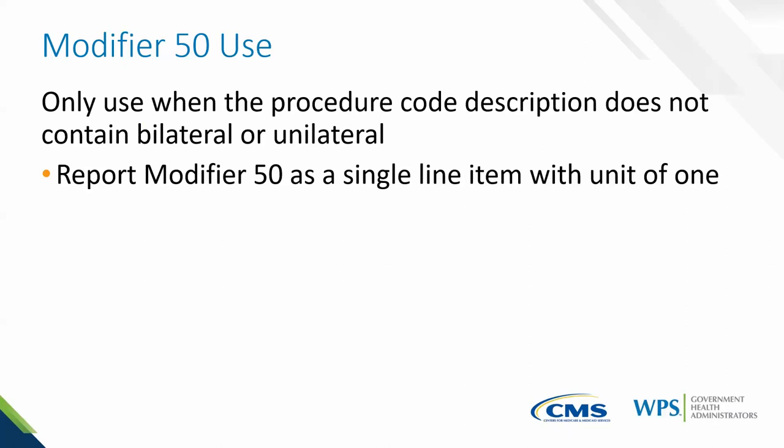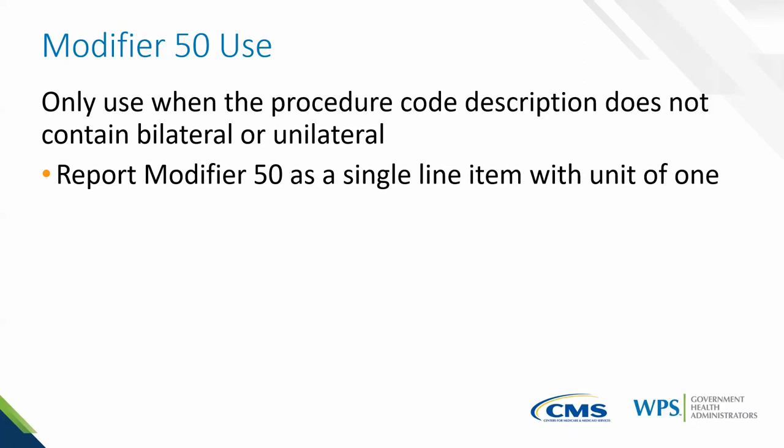So for an example, if your procedure code description says it is a bilateral service, then you don't want to use modifier 50 because you're telling us that you did 4. So for an example, if you're doing a service that states it's bilateral and you use the modifier 50, we're going to want to see documentation because most people don't have 4 sides of something,